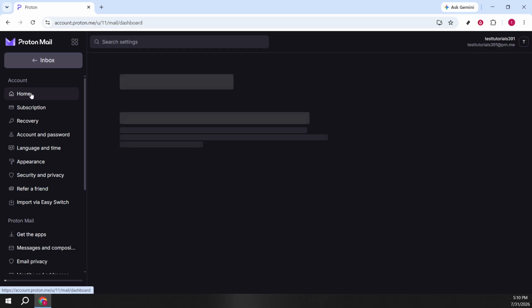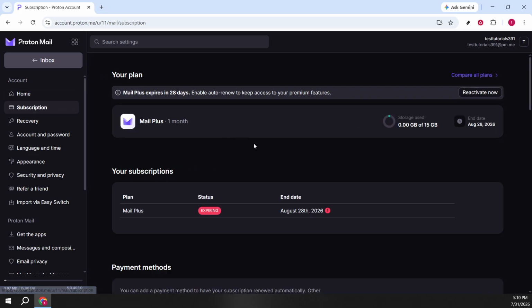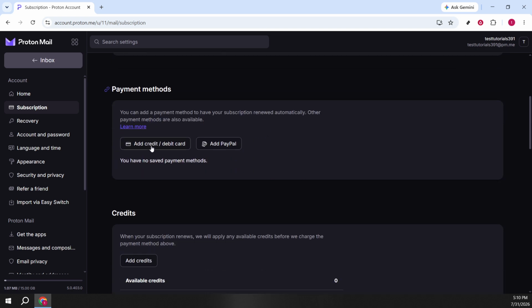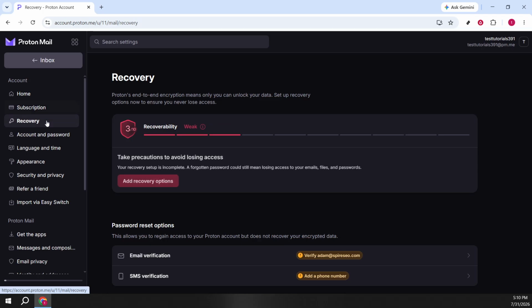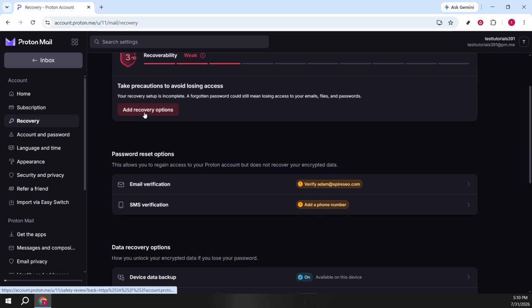Next, open subscription to review your current plan and storage. This is where you can compare features and make changes if you need more space or tools. Head to recovery to set or review your recovery options. This section helps you regain access if you ever get locked out, so make sure anything you add here is